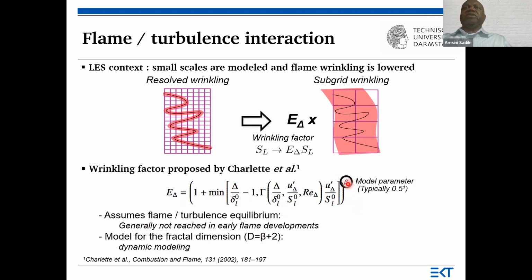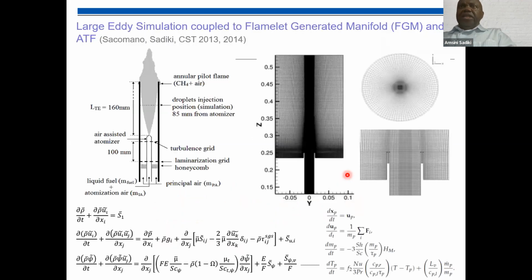We can calculate it by putting a constant value or by using a dynamic procedure, which I will not show here. So using this with Sacomano, we try to use the RTF model,